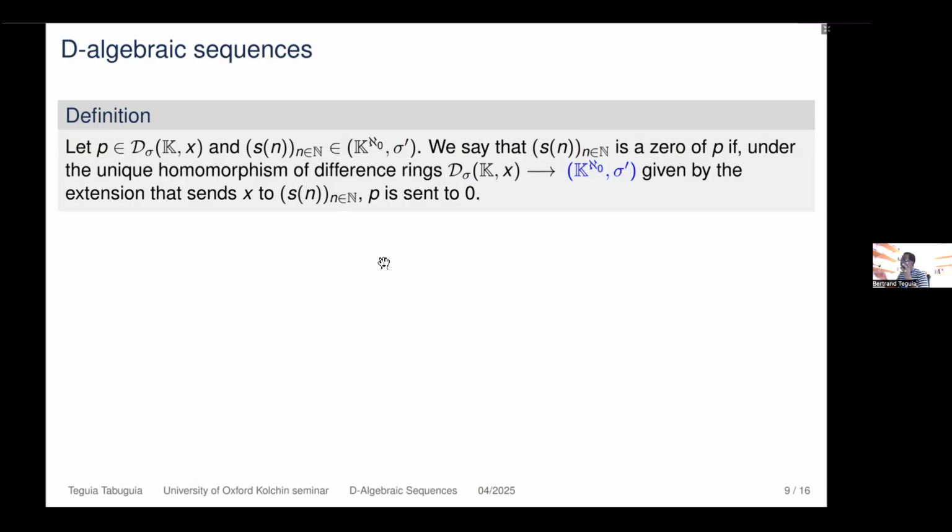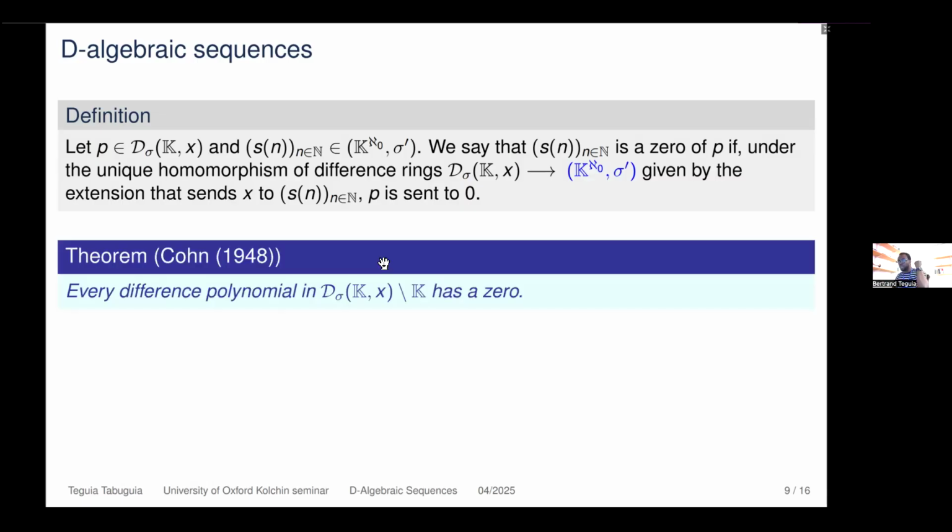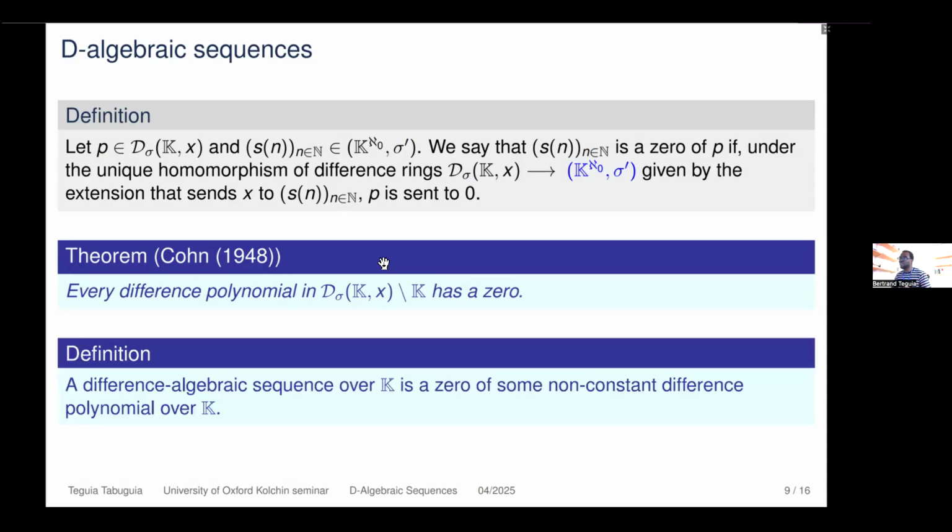Now, according also to the previous examples, one may ask if it is always possible to have a zero, because depending on the automorphism or endomorphism, you may not even know if a solution of the difference polynomial exists at all. This was already answered in 1948 by Cohn, who says that every non-constant difference polynomial has a zero. From that, we can define safely a D-algebraic sequence as a zero of a non-constant difference polynomial over K. But these zeros are quite weird, as we will see from some examples, that you can have